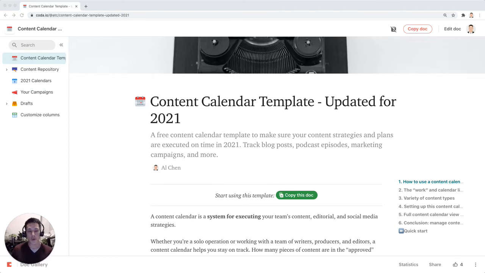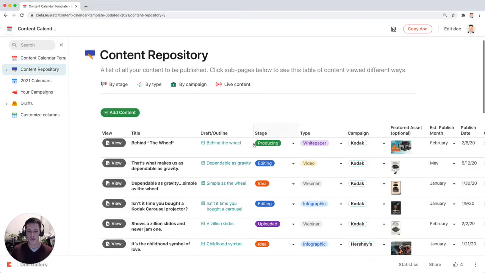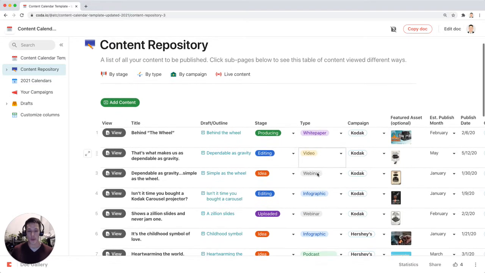This is a walkthrough and tutorial of the content calendar template in Coda that's updated for 2021. After you've copied the doc, you can head straight to the content repository. This contains your full list of all the content you're working on, from white papers to webinars to videos and